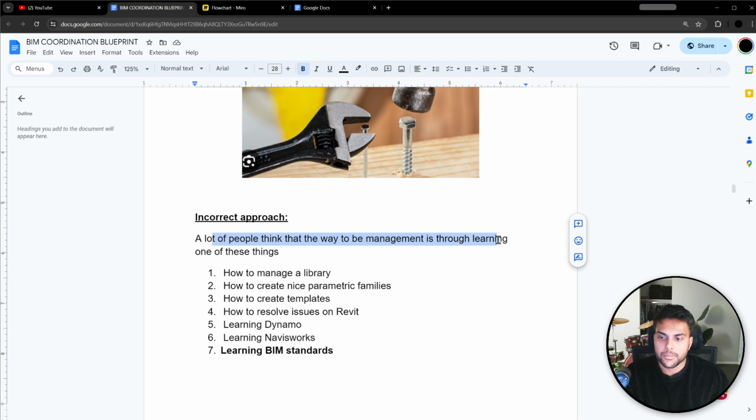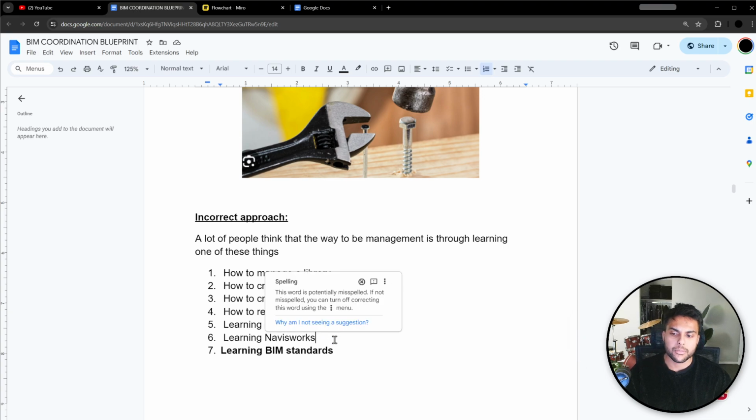A lot of people think that the way to get into management or coordination is through learning things like how to manage a library, how to create nice parametric families, how to create templates, how to resolve issues in Revit. Learning Dynamo, becoming a Revit expert. I want to learn how to use filters and advanced things. Let's learn Dynamo and then integrate Dynamo into Revit, and then everything's a BIM manager. Or learn Navisworks. Yeah, Navisworks is really good, but it's not used anymore because Navisworks on the cloud